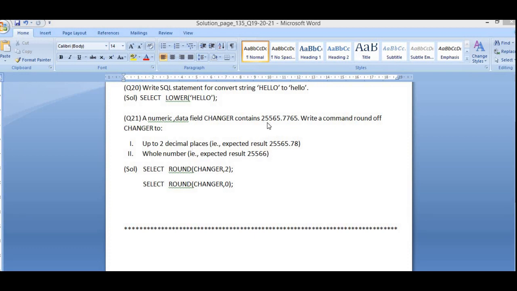That means the value which this data field changer contains is 25565.7765. Now see, after the decimal it contains 4 digits. Now if I am to write an SQL command to round off this data field changer to 2 decimal places, that means after the decimal I cannot have 4 digits, I can have only 2 digits. So if I am to round off to 2 digits after the decimal, then I have to use the round function for that, and the round function shall give us the value